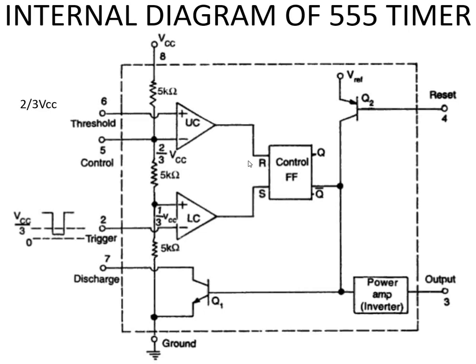of the SR flip-flop. If R is equal to 1 and S is equal to 0, you know Q is equal to 0 and Q bar is equal to 1. That Q bar is provided as input of the inverter, which is a power amplifier. So the output will be equal to 0.